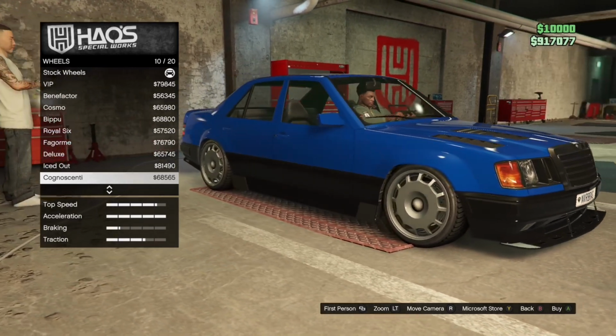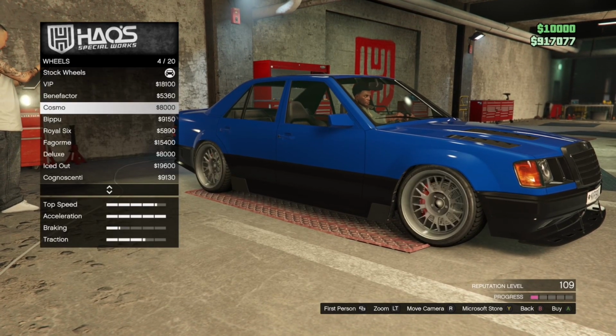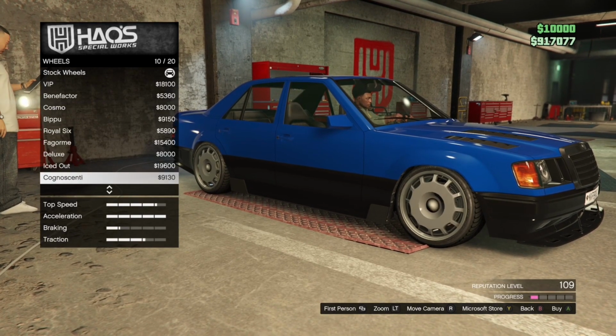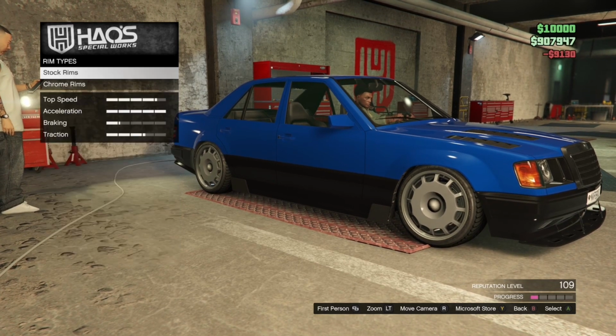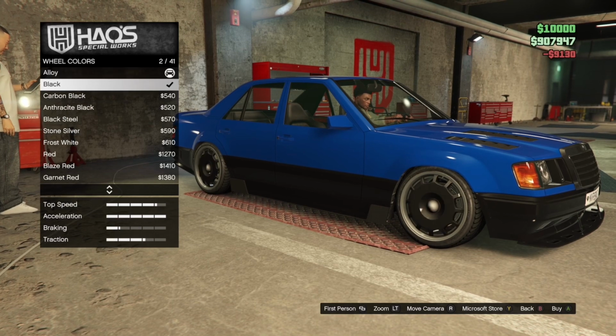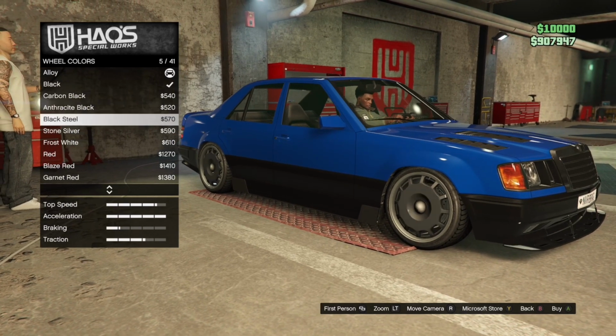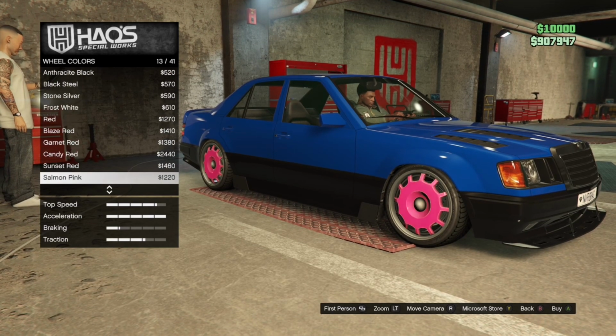It's weird how Benefactor and Enus kind of share the same vibe. Yo, did you see that Sasana flow go on around the track the other day? In a way, this game was ludicrous. I mean, the Bentley and still Mercedes are kind of the same style. But anyway, moving on, we're not going to do black because it would just make the whole bottom